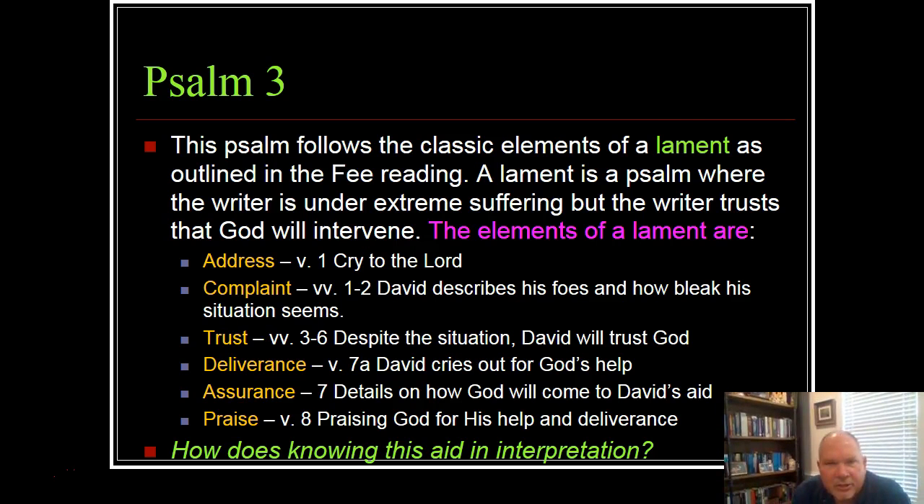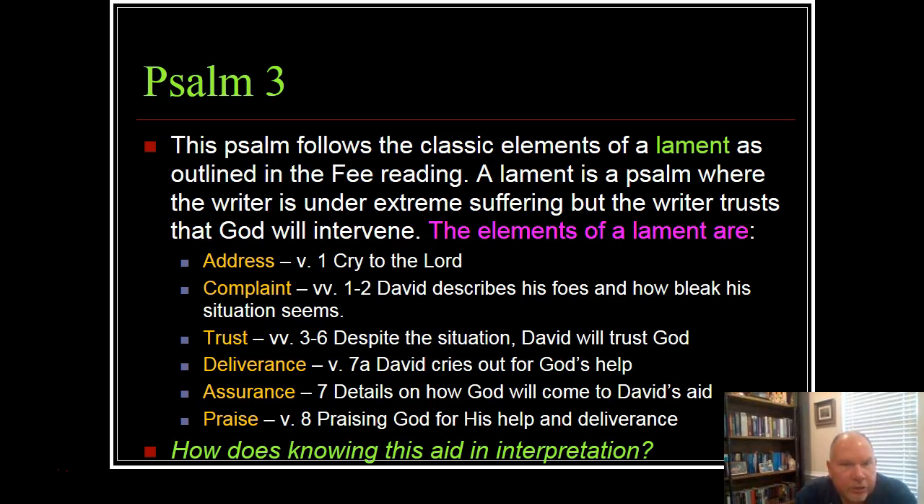Now, this type of psalm follows the classic elements of a lament, as outlined in the reading. A lament is a psalm where the writer is under extreme suffering, but the writer trusts that God will intervene. The elements are an address, which we find in verse 1, a complaint that we find in verses 1 and 2, trusting statements that we find in verses 3 to 6, deliverance in 7 part A, David cries out to